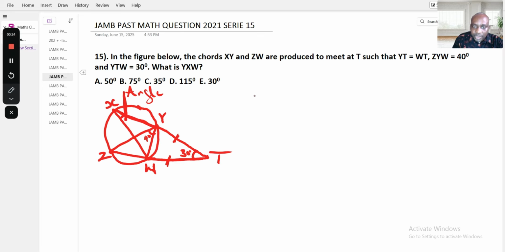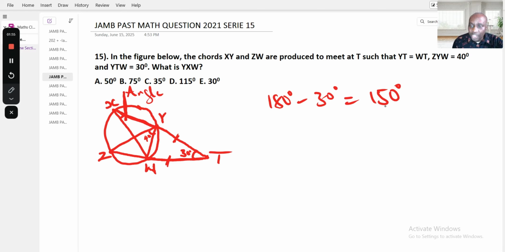It indicates an isosceles triangle. It means that if this angle is 30, the two sides will be equal. The two angles here will be equal. If this angle is 30, this angle will be x. Now 180 degrees minus 30 degrees is going to give us what? 150 degrees. Therefore, this 150 degrees, we are going to share it,